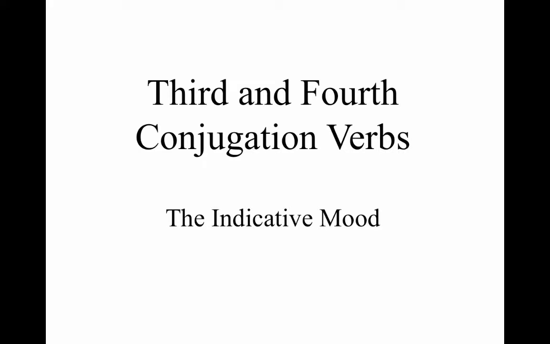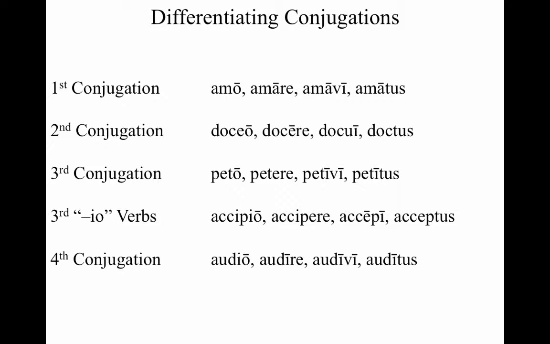Today in Latin, we're going to learn about third and fourth conjugation verbs in the indicative mood. But before we talk about that, let's talk about what differentiates all of the different conjugations and how you can tell the verbs apart. First conjugation, amo, amare, you go to that second principal part, the infinitive, it always ends